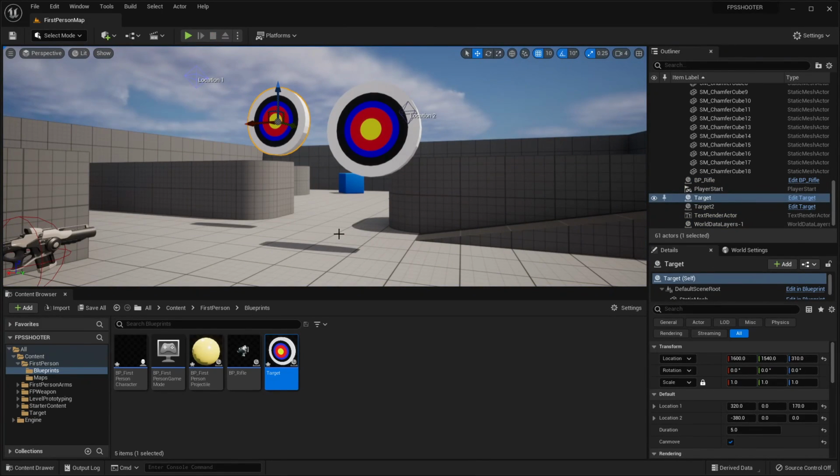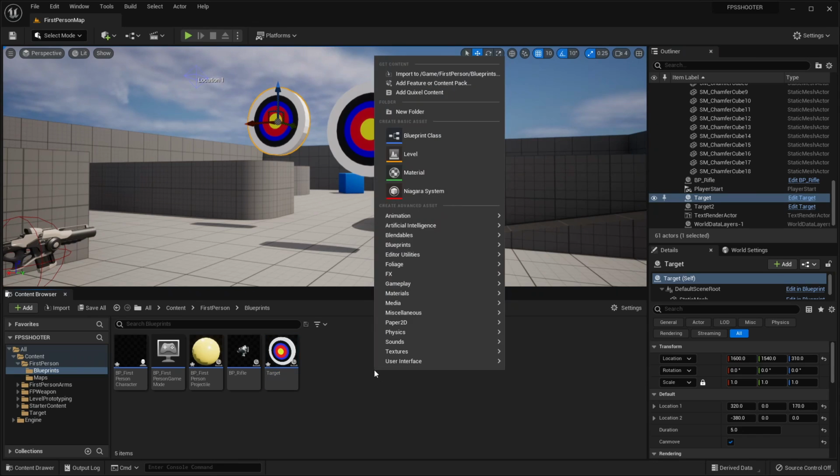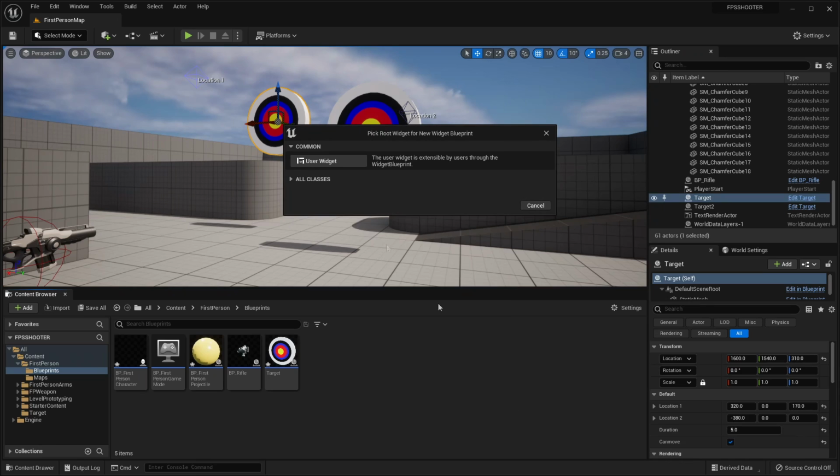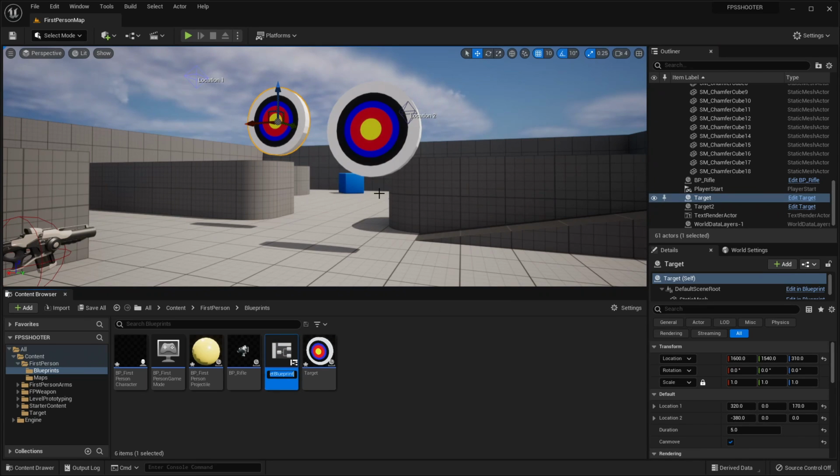So now that we've created this, we're ready to create some UI which will display this in a nicer way. So inside of this folder, I'm just going to right click and go user interface and select widget blueprint. And then we'll select user widget, and let's just call this our player HUD, and we can double click and